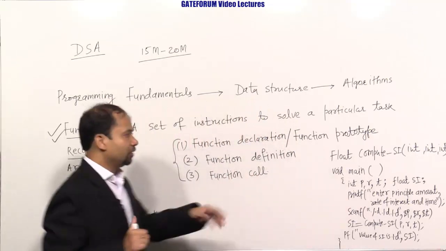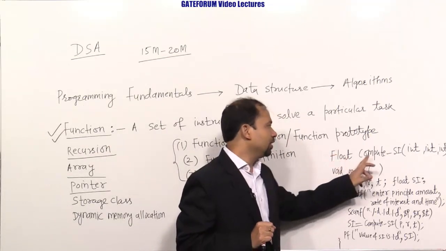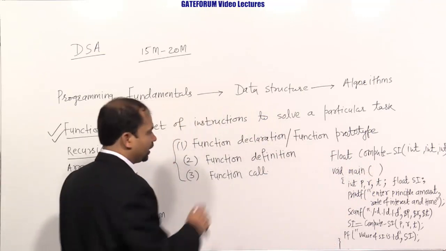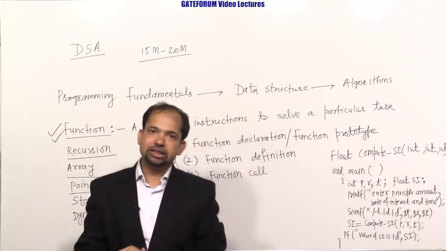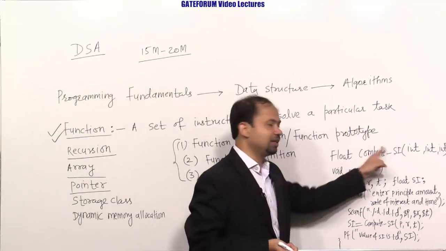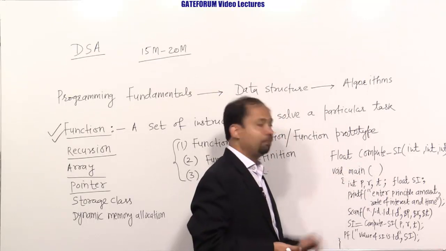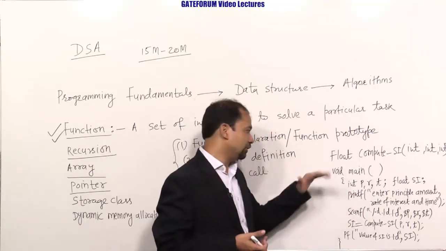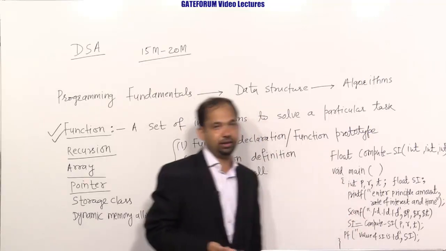Now here we have done two things. We have talked about the declaration, and this is a function call. Here we are calling the function. Because main is a driver function, we need to call the function. Just for simplicity, we have one function in this whole program, and we are managing all these things through main, because main is the driving function. Execution starts from main, so main will control the entire activity.